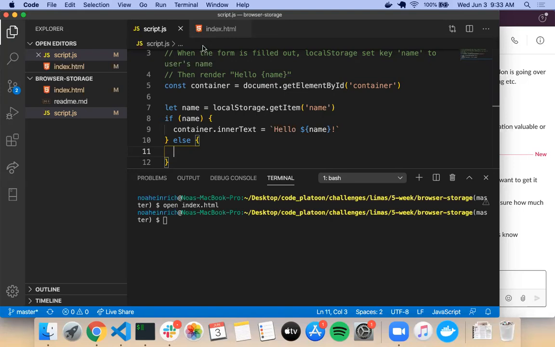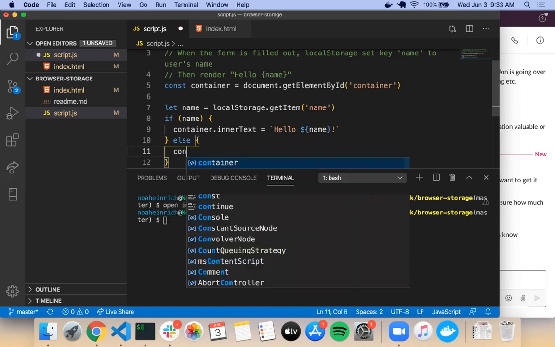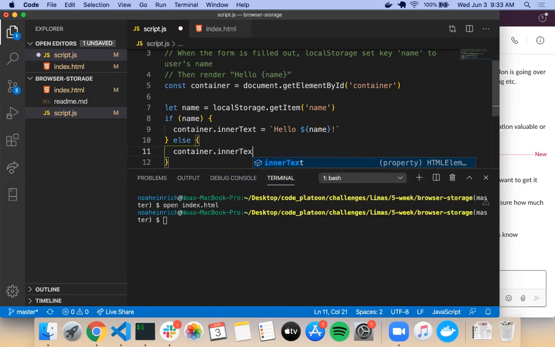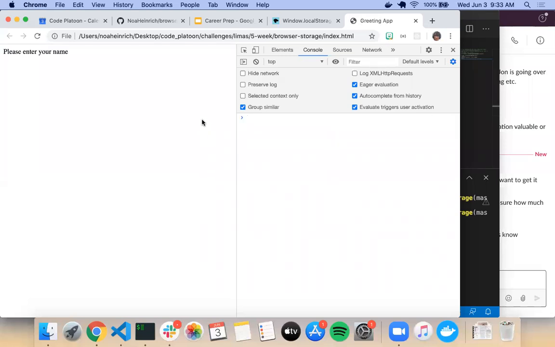You have to basically give a prompt and then a text box to enter the name. Yep, so we'll need to give them a text box and a submit button at the very least. So for now, I'm going to say container.innerText equals "please enter your name", just so we can test something out, make sure it works at all. Okay, so we have "please enter your name", but we still need to add that input box